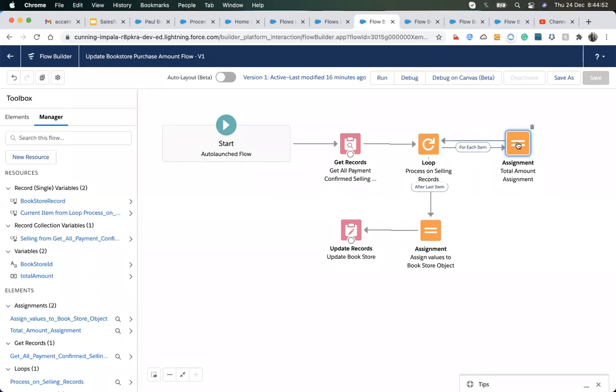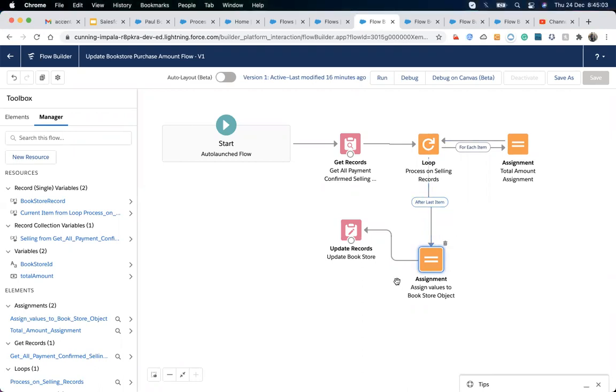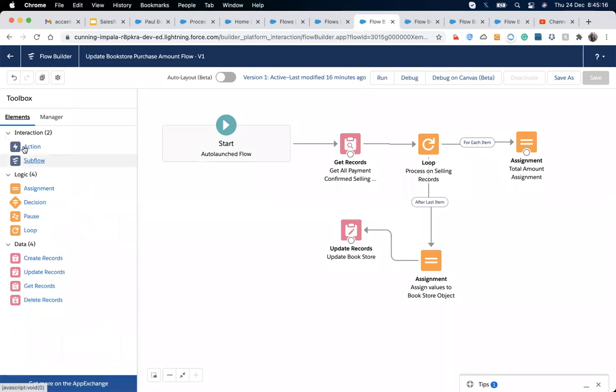Once the loop reaches the last item, and the last item is finished, it will process the rest of the things that were designed to process. Since we are seeing a single item, we can add multiple items here too. I'm just showing that we can add multiple items. We can also do updation or deletion in the loop.